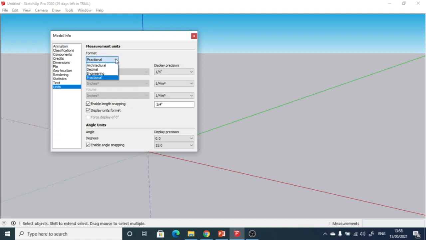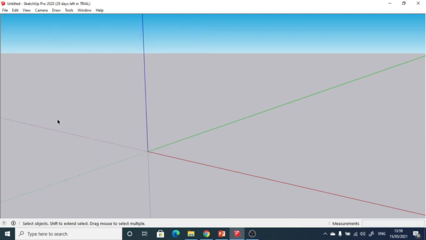For the case study, we are going to select the unit in decimal terms. In decimal, the units are inches, feet, yard, millimeter, centimeters and meters. We have to select the unit in meters for this particular case study and for the course. Once we have selected the meter unit, we can just close this window. In this way we can select the unit for this Google SketchUp screen.